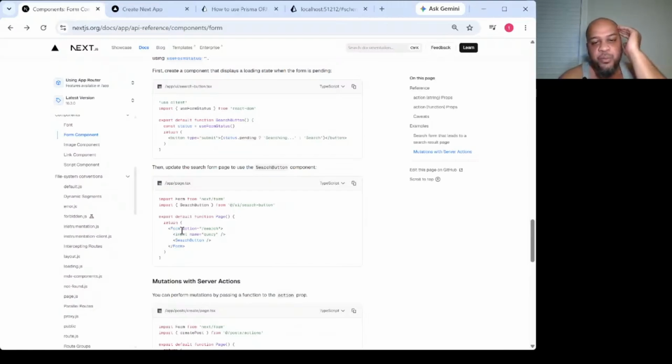Inside of it, the form action is where the search field will be located. So the form will have the action of search, which is where the user will be redirected. The input will have a name of query, and I'm assuming you'll need to add a placeholder or something to give the user the ability to type. And then the search button is going to do the heavy lifting,